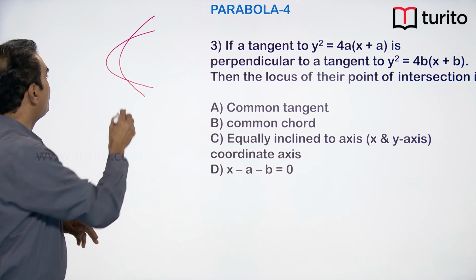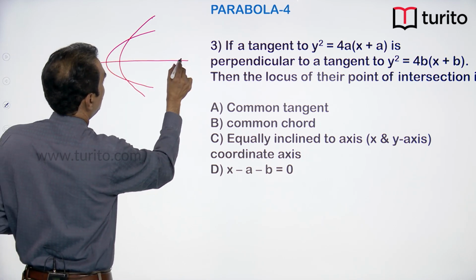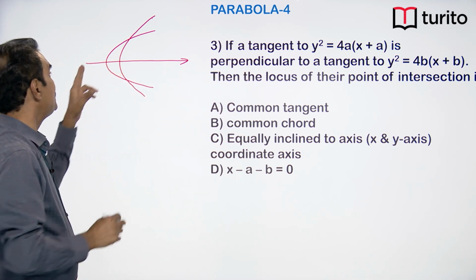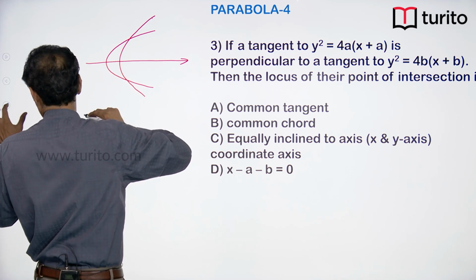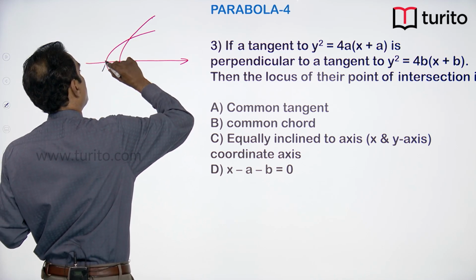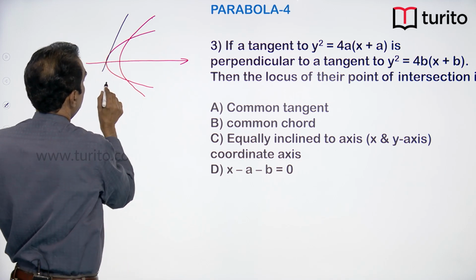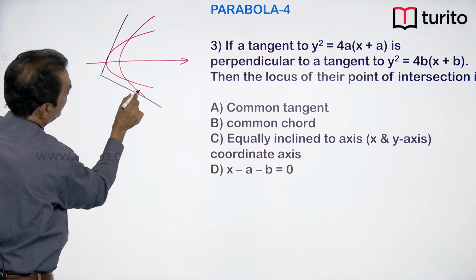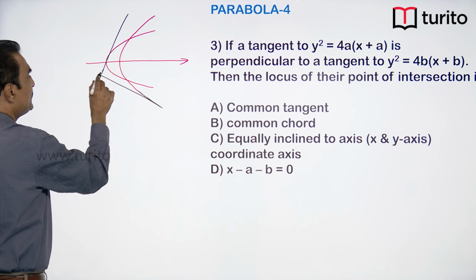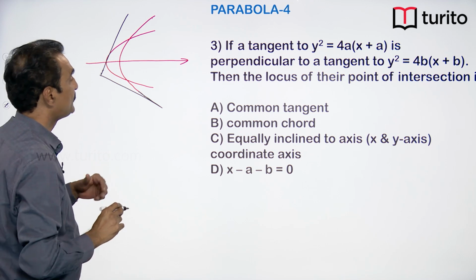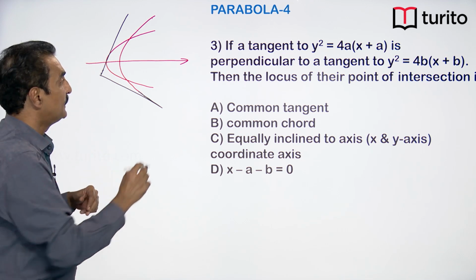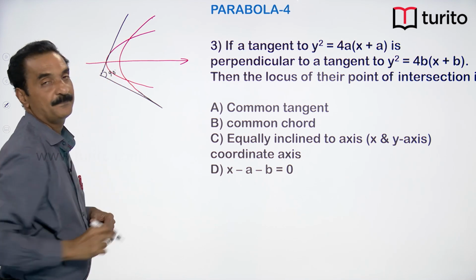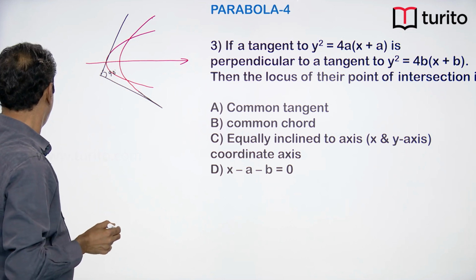The two parabolas have their axis along the x axis. Now, if a tangent to one parabola, which I will draw in black, is perpendicular to a tangent to the second parabola, something like this, then the locus of the point of intersection of the tangents is, in this question,